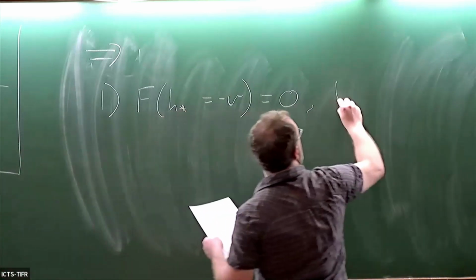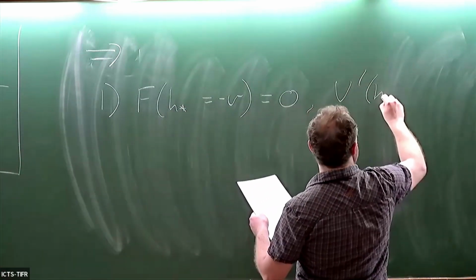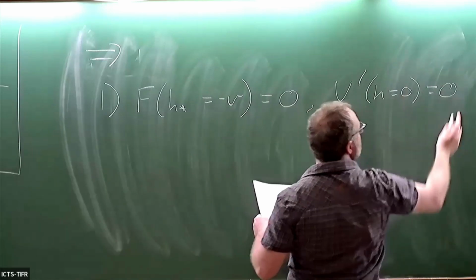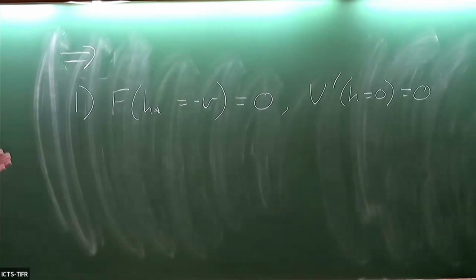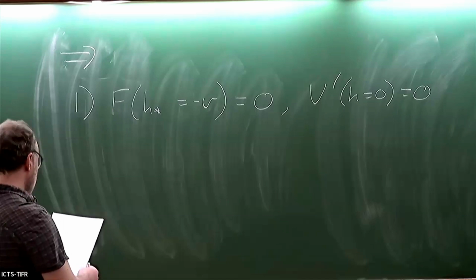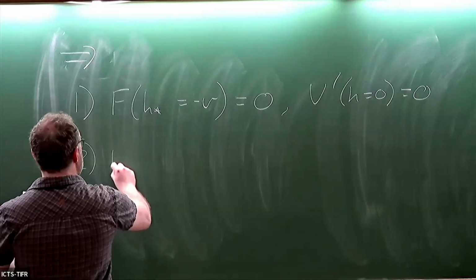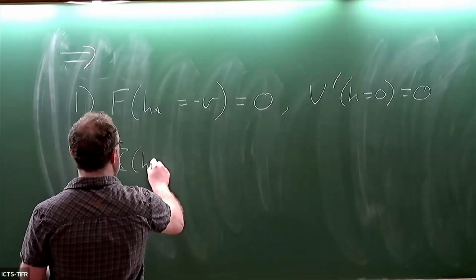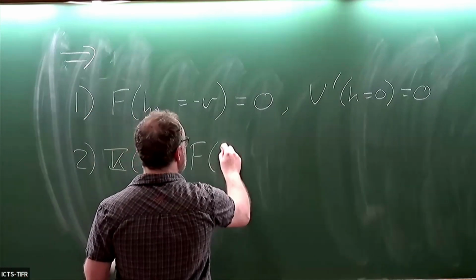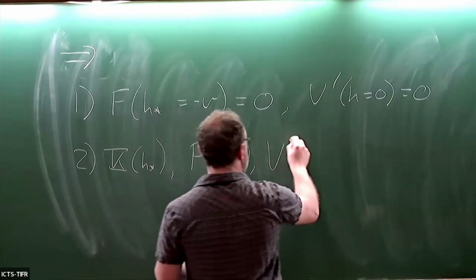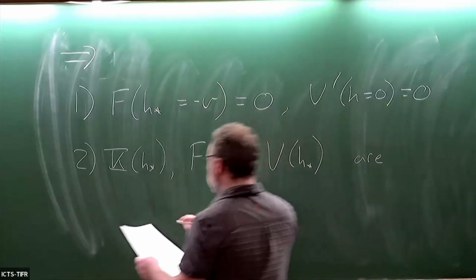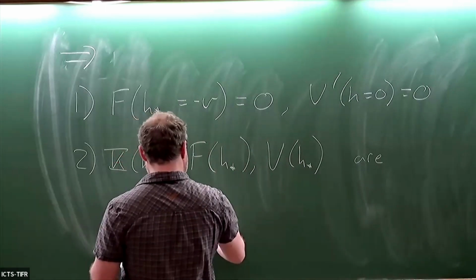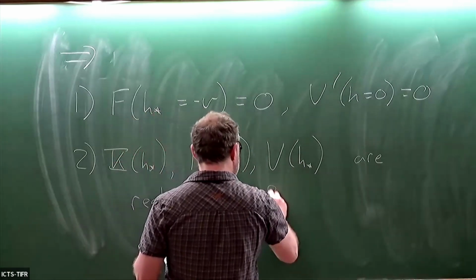And v prime at h equals 0 is 0, okay? The Lagrangian in the physical basis is certainly going to be expanding around the minimum. And two, k expanded around h star, f expanded around h star, and v expanded around h star are real analytic functions